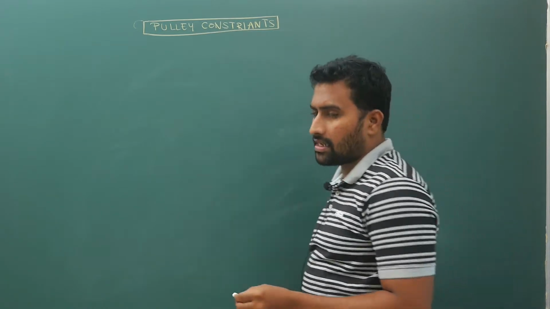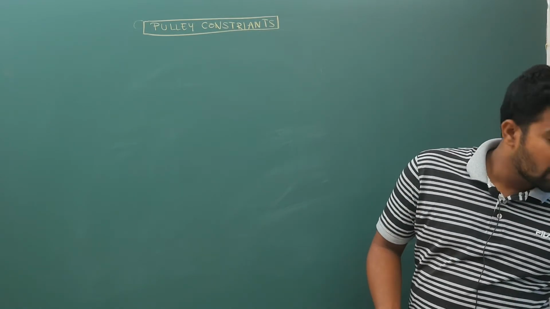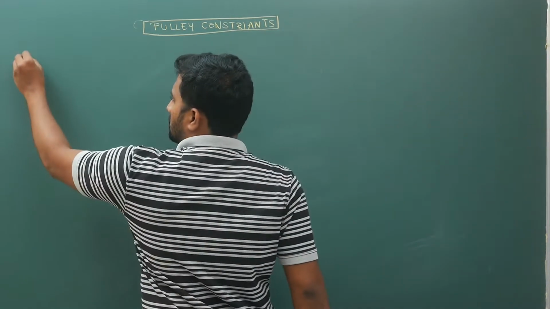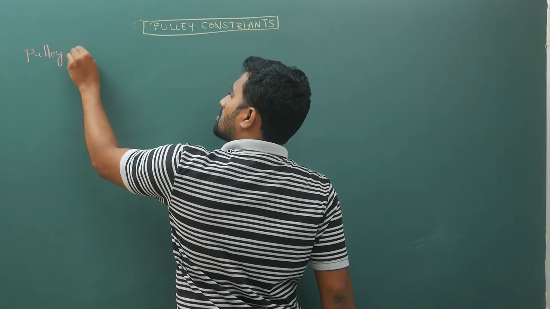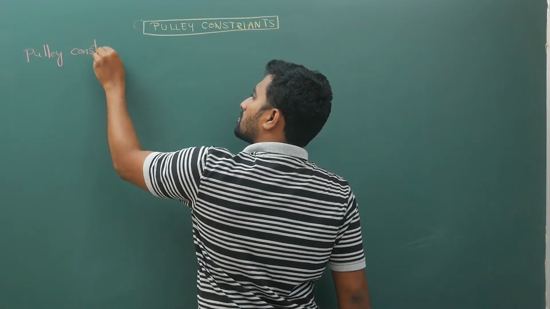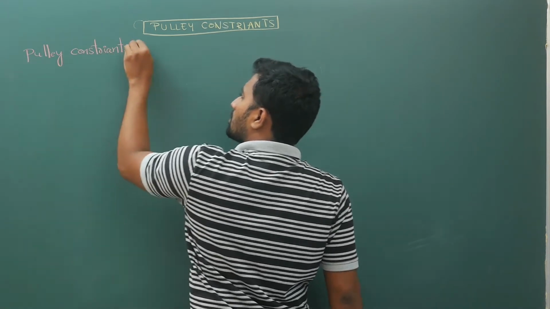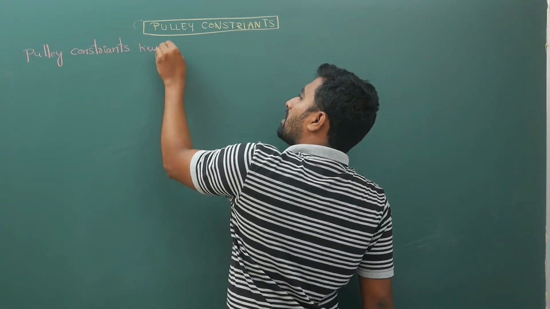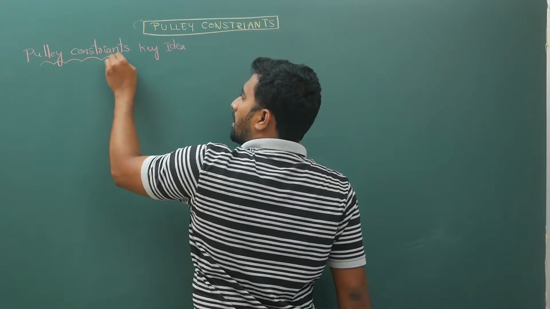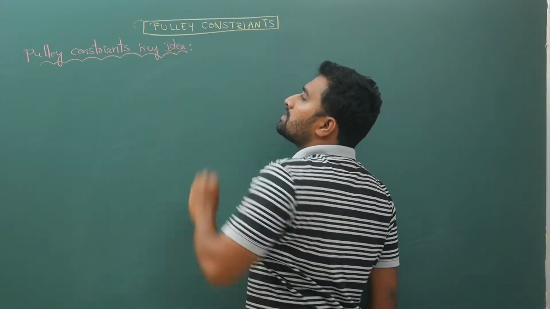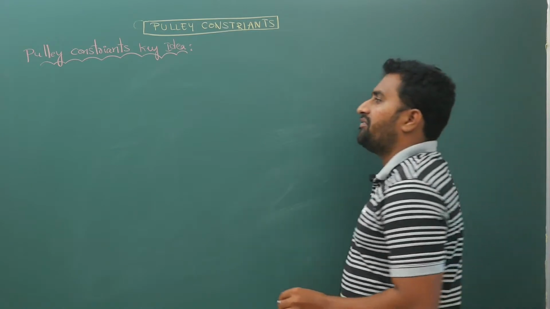The key idea that I want you to remember, I am keeping a separate heading: key idea. What is this key idea? I will tell you. For most of the questions, the key idea is this: if you take